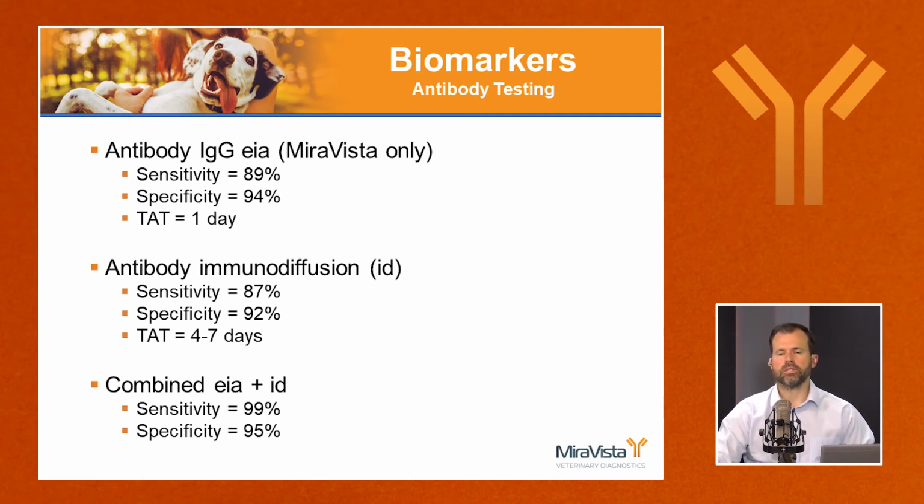And kind of compare and contrast valley fever to histo or blasto, antibody testing is the first line. And there's really two potential antibody tests available on the market. There's an EIA or an ELISA offered by MiraVista. It has a good sensitivity of about 90%, a specificity of around 94%, and probably the biggest advantage of the EIA is that it has a very quick turnaround time. The test can be done in a few hours, so the turnaround time is generally the day the sample is